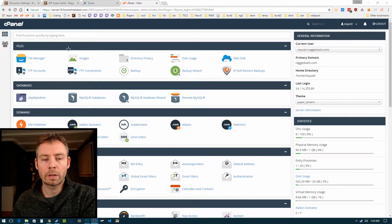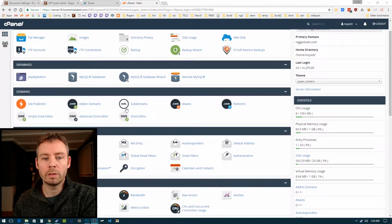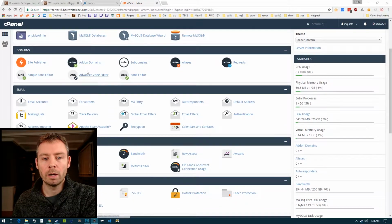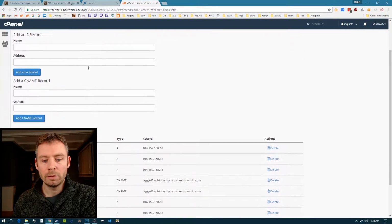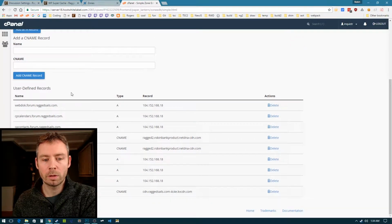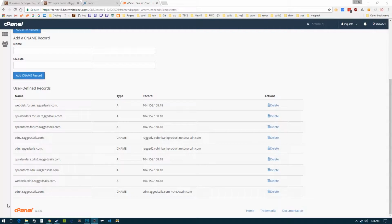So this is a quick look at my cPanel and how I set up my subdomain that you're going to need for the CDN. Scroll down in cPanel down to Domains and go to Simple Zone Editor. So I'll click on that there, and you can see I've created some subdomains, and the one that I'm using for my CDN is here at the bottom, currently being blocked. Let me hide there. Okay, the bottom here,